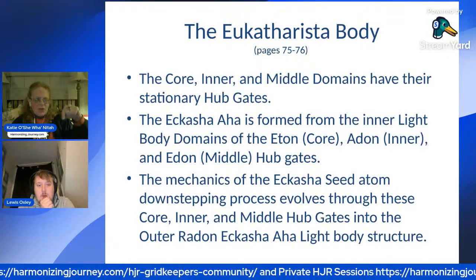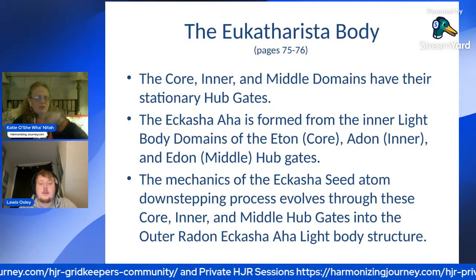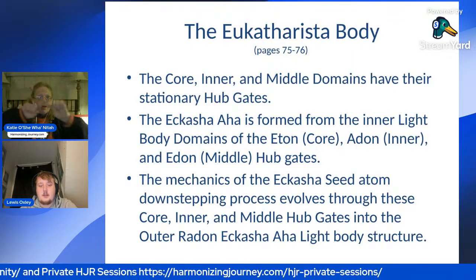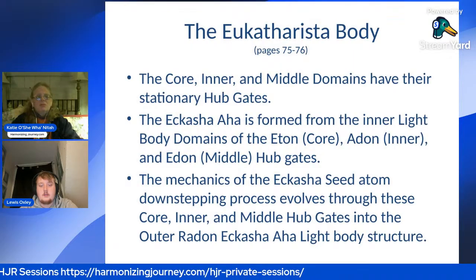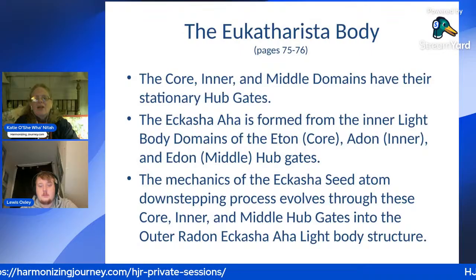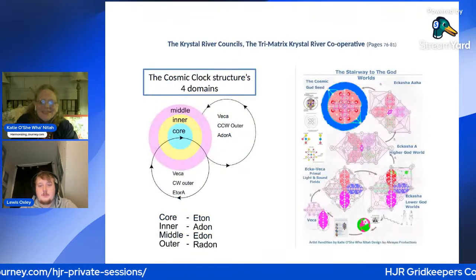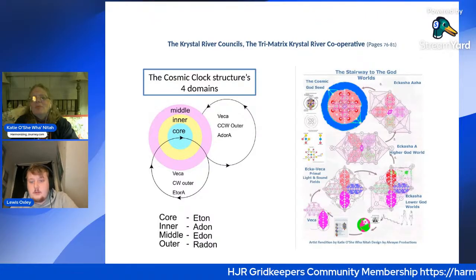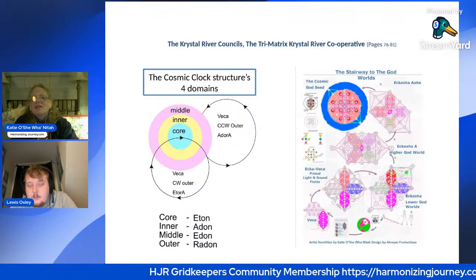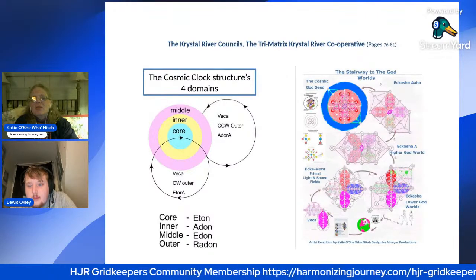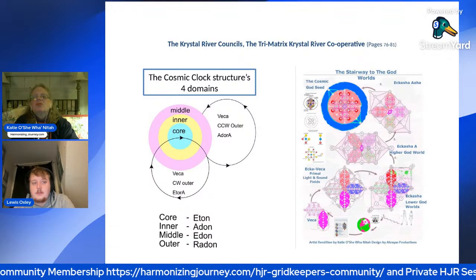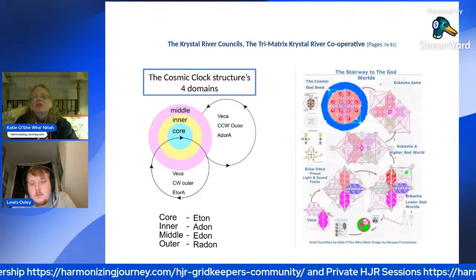When I was talking about that cross, which has to do with the Riche pillars, they create that cross structure. Let me go back. I don't even know if you can see it. It's so small. When we're looking at the Stairway to the God Worlds map, the cosmic God seed, and then you have the Cathara grid structure, and then right underneath the Cathara grid structure, it looks like you can barely see it, but it looks like a cross.